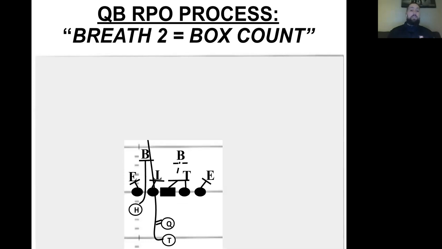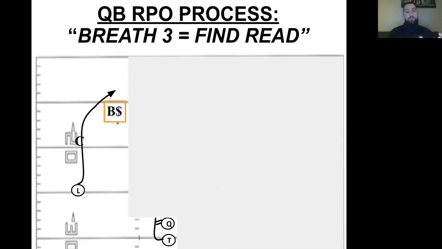And if they're a sky invert, okay, we're asking that boundary safety to get down into the fit and be that force run support player. If he triggers off the hash, here's our glance post. It's the exact same steps and the exact same rules as we ran it from the slot, just last concept, right? Now we're just running it from the number 1 receiver. The man over him is the corner, and he's just got to get 2 yards inside that dude to win. Okay, and that's how we fix it.